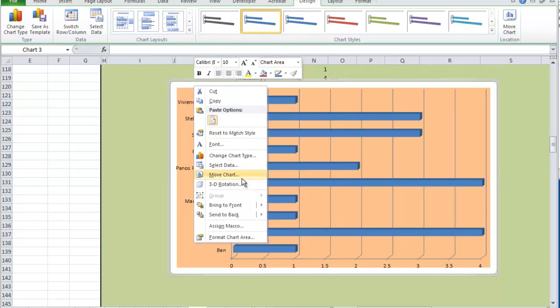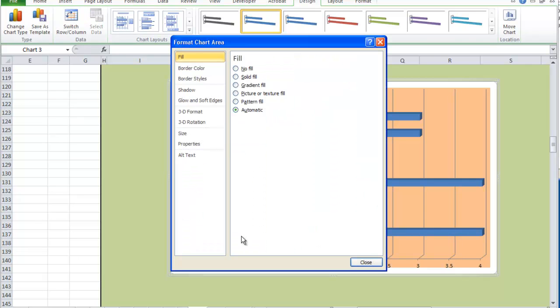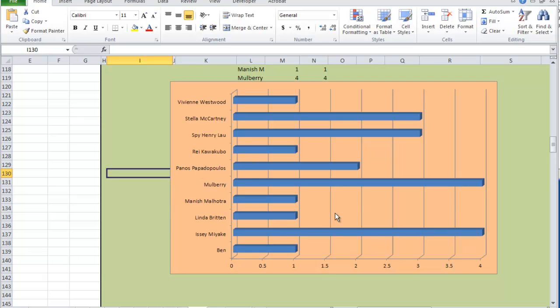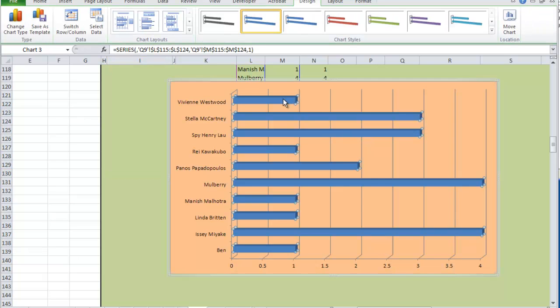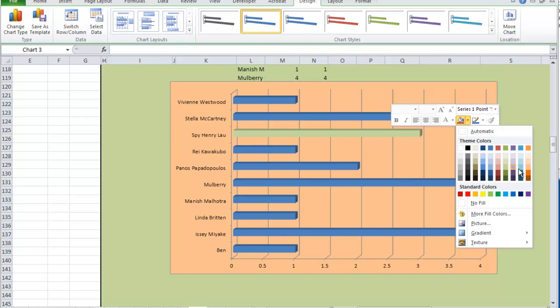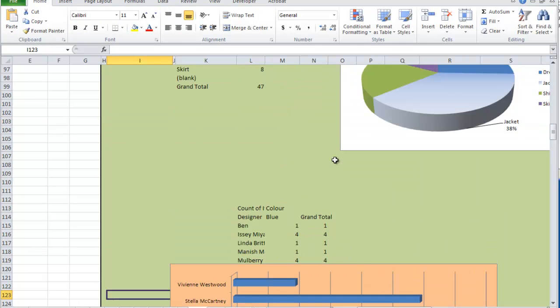You select the area, select what you want, and then close and OK. Yep. Remember, if I want to change one individual component, click on once, it selects all of the bars. Click on again, and we've just got our individual bar, and then you can change it. There we are, like that. Okay,